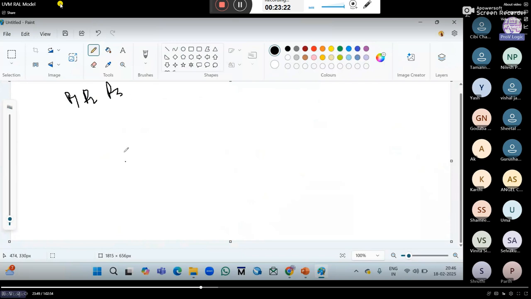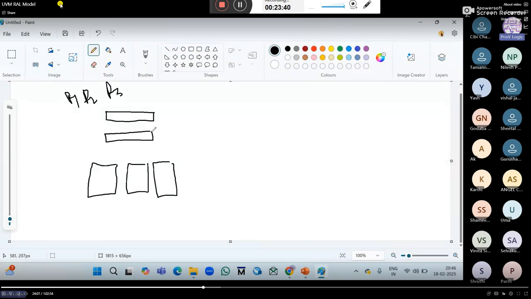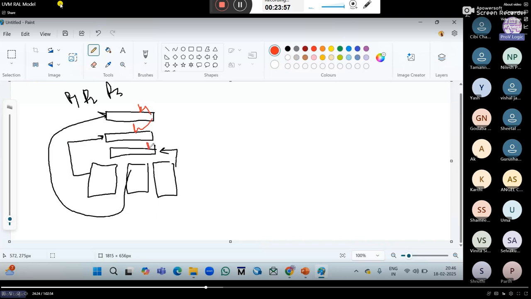And you are asking for RAM, right? Suppose in the DUT there is RAM 1, RAM 2 and RAM 3. Three RAM memories are there. So in the DUT we will have these particular registers also: register 1, register 2, register 3. One RAM will be connected to one particular register, another RAM will be connected to another particular register, like this: R1, R2, R3, R1, R2, R3. So three registers will be there.